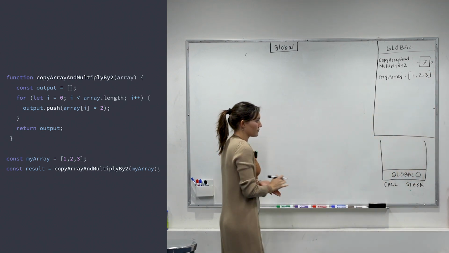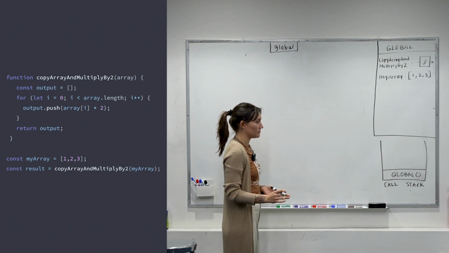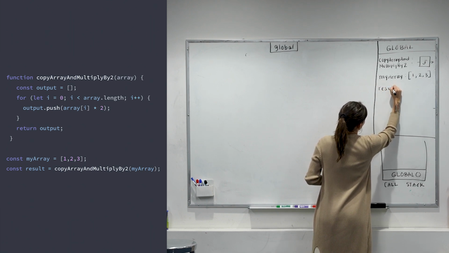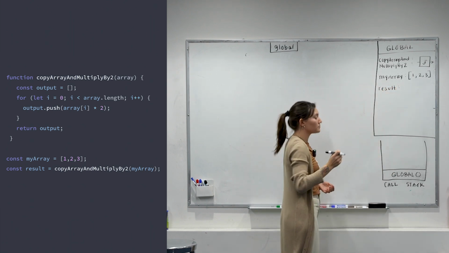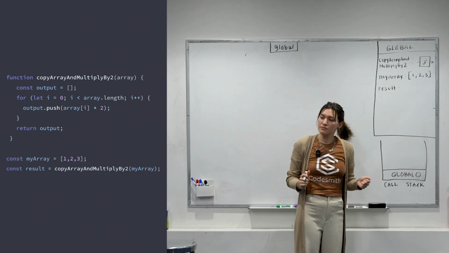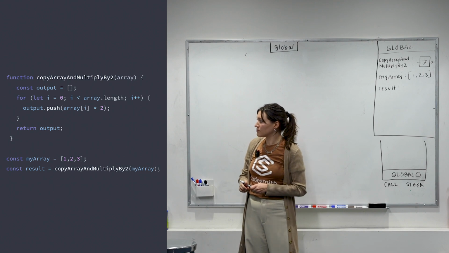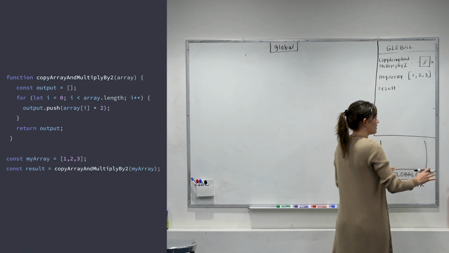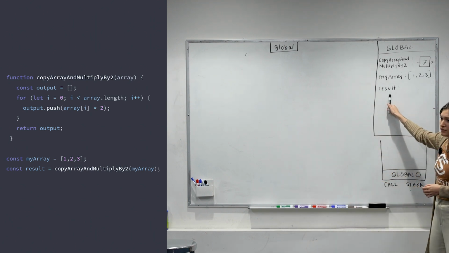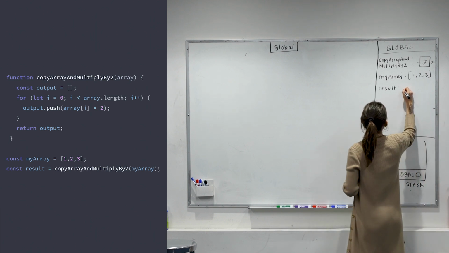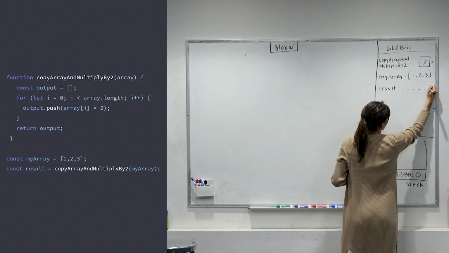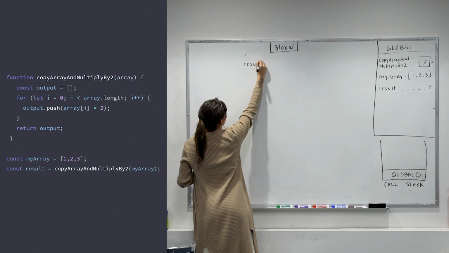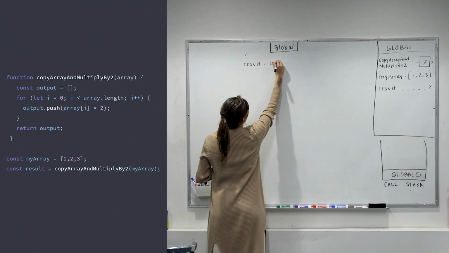And then what are we going to do next? Then we will declare a constant to label result in global memory. And we will assign it the evaluated result of the invocation of copyArrayAndMultiplyBy2, passing in the argument myArray. So do we know what result is going to be right now? No, absolutely not. So we'll just put kind of an underscore right here. All right, cool. So we are running this code. We're saying result will be the evaluated result of copyArrayAndMultiplyBy2